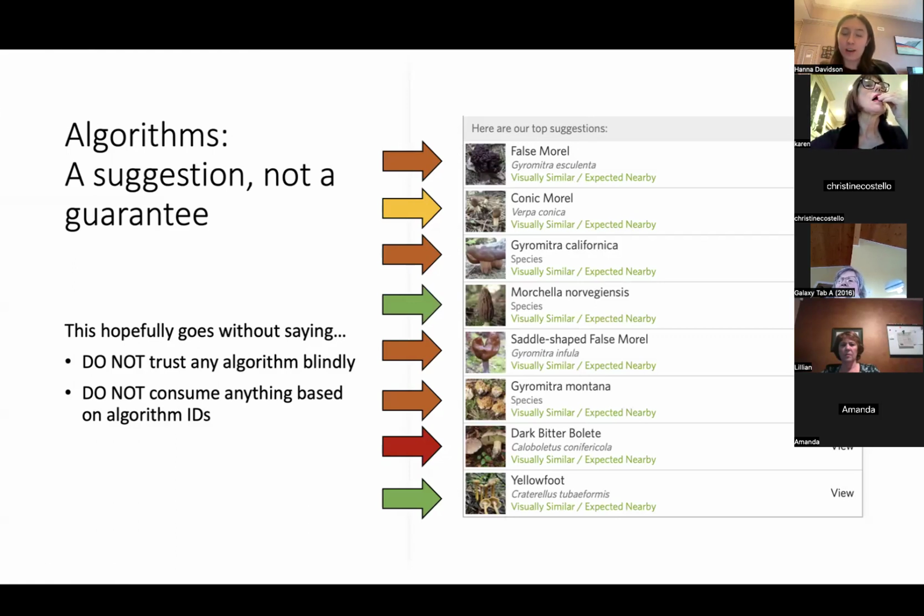So if you're using iNaturalist to help you ID something that you're looking to eat, I shouldn't have to say it, but I'm going to say it. Don't trust this computer program to tell you what is healthy, what is safe, what is toxic. It's just a computer. It's just running simulations. It doesn't really know. So just use your best judgment. It's a great starting point to take to a guidebook and say, hey, is this a Gyromitra? Does that match? And you can use that as a great starting point to not have to go through every key in your guidebook and just skip to one that you think might be relevant.